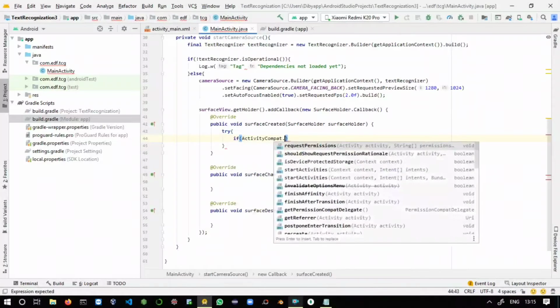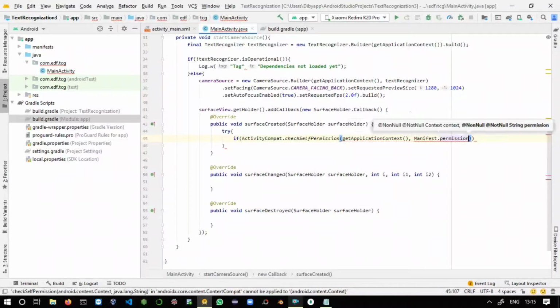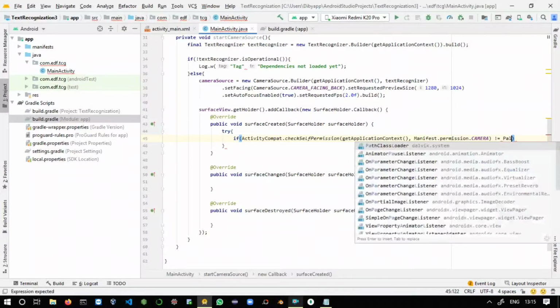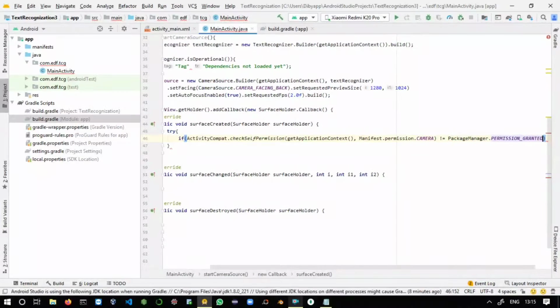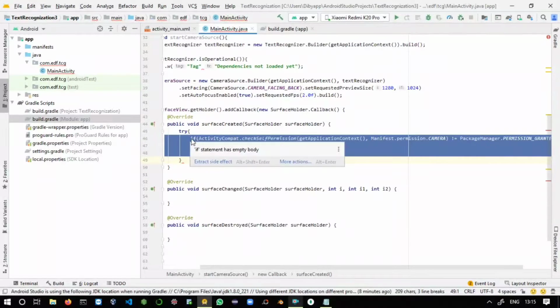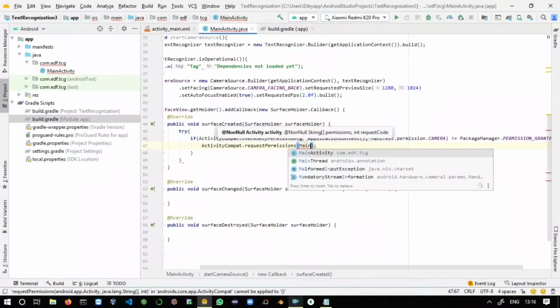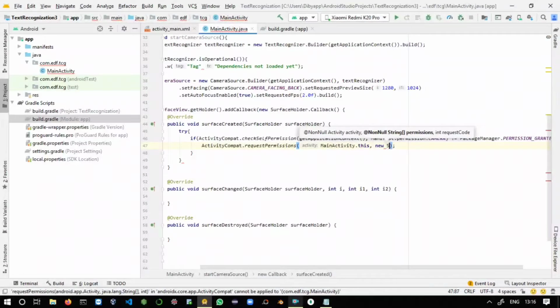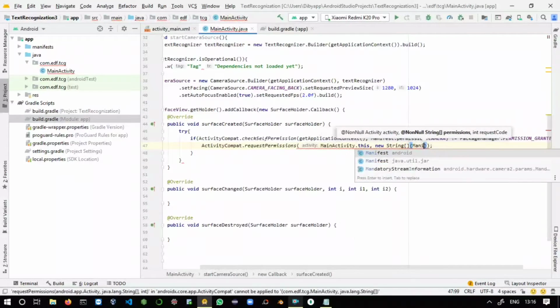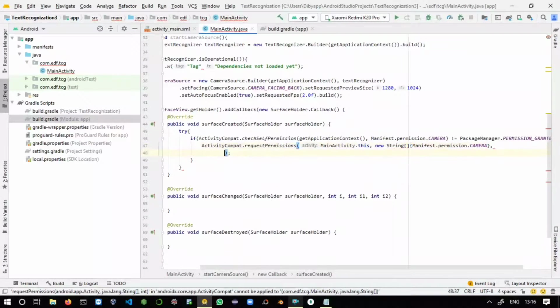If ActivityCompat.checkSelfPermission getApplicationContext, Manifest.permission.CAMERA not equals PackageManager.PERMISSION_GRANTED, then you can say ActivityCompat.requestPermissions, MainActivity.this, new String array of Manifest.permission.CAMERA.